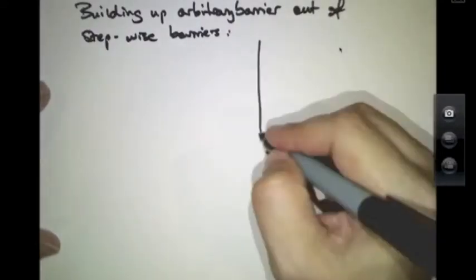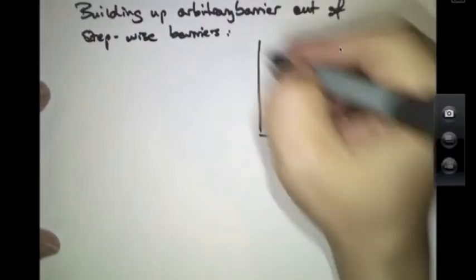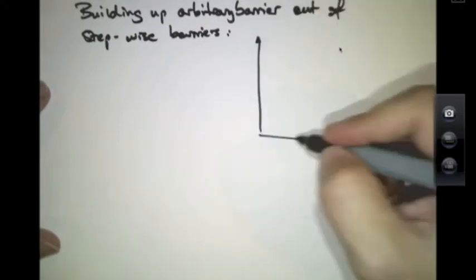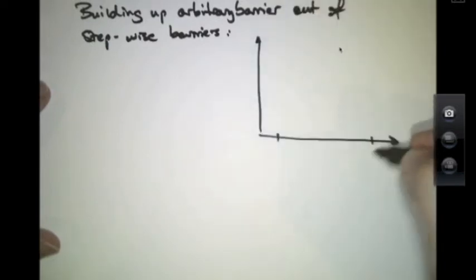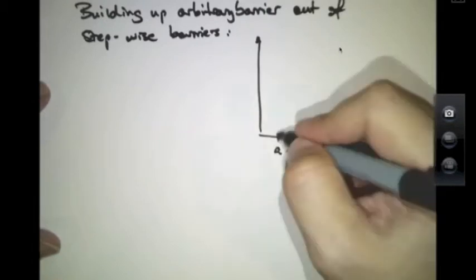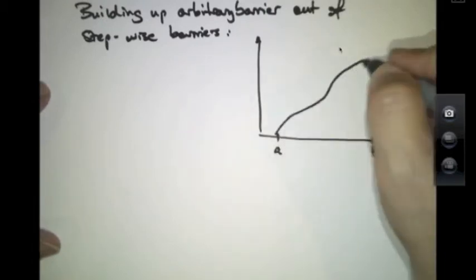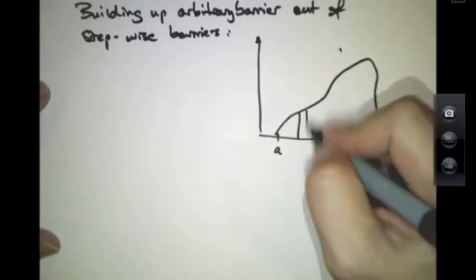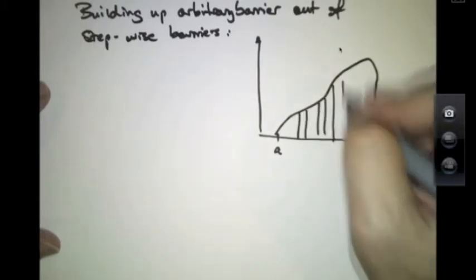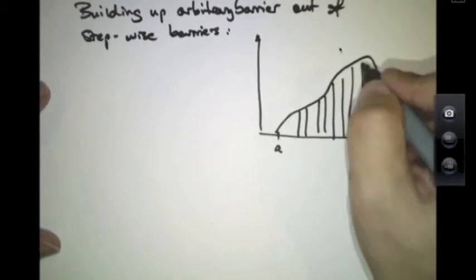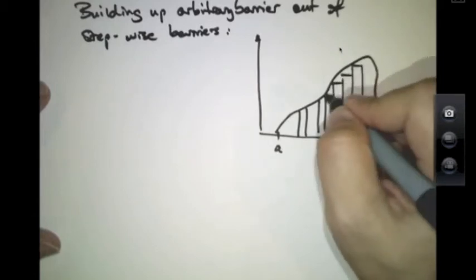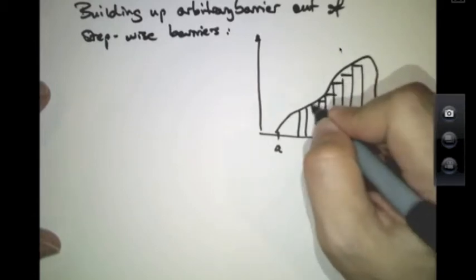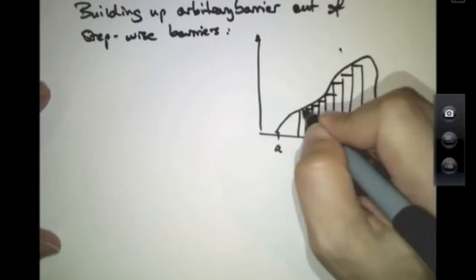There will come times where we want to consider a much more complicated barrier than simply a step barrier. Something that goes from A to B. And it might look like this. In which case, what we do here is approximate this much more complex barrier